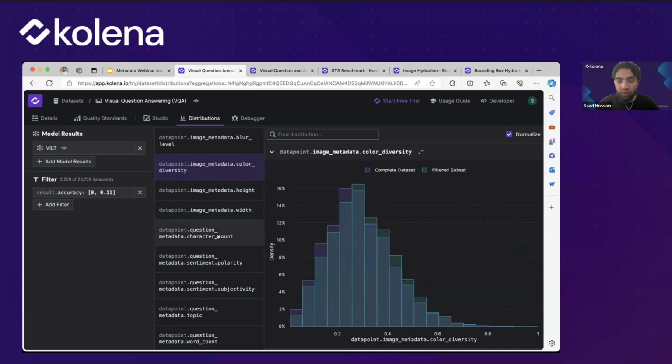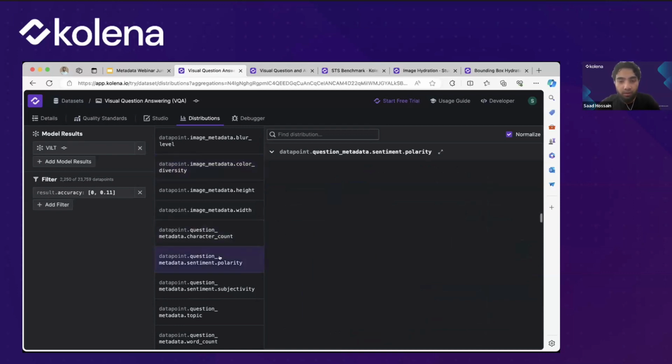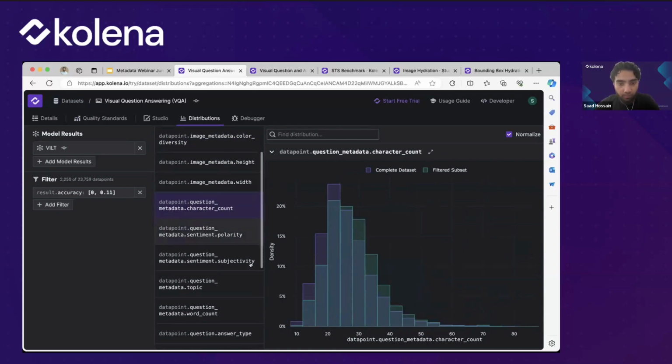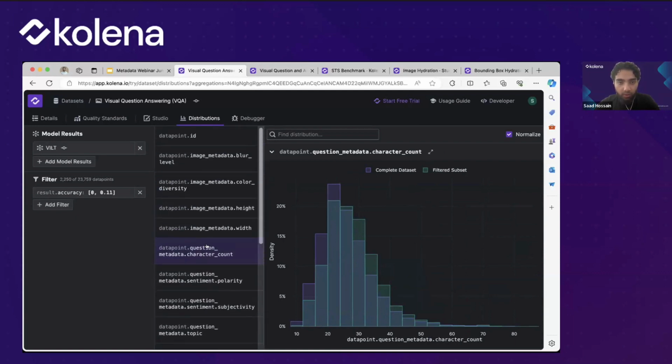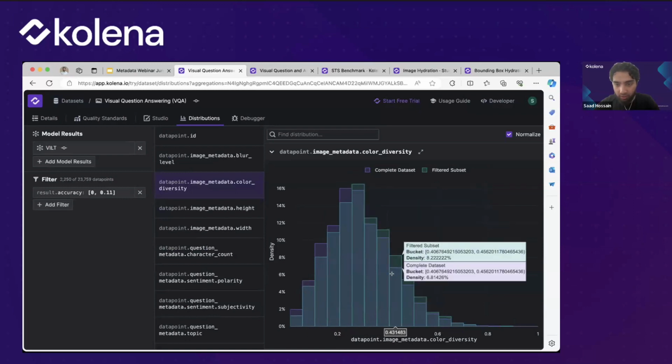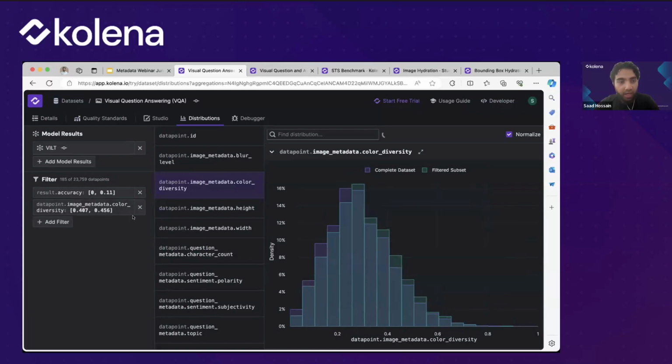We can then do the same type of analyses on various different properties. We see that this is extremely emphasized in character count, where for lower character counts we actually have lower error proportions, but for high character count we see that quite significantly increasing, especially in these two bins. And once we see that, perhaps one thing we can do, at least for color diversity, just going back to that property, is look at something like this, and we can click on it and we can apply this filter.